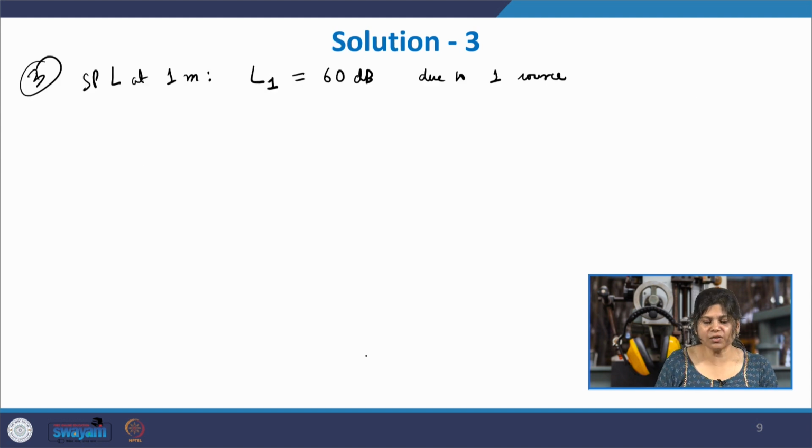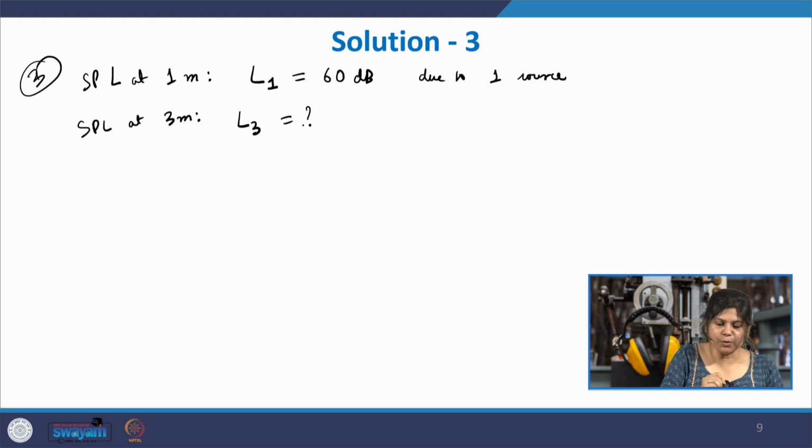So, let us first find out the SPL at 3 meters due to just one source individually. So, L3, what is that? Now, think about it, P is inversely proportional to R, which means that P of 3 should be 1/3 of P of 1, right. The pressure would be decreasing inversely proportional to R,